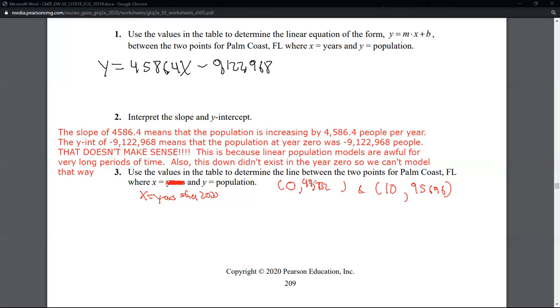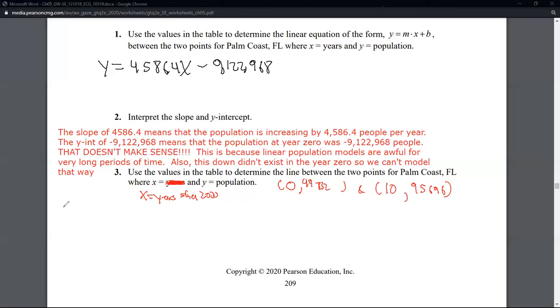I don't really want this comma here. That looks awful because of the comma for the point, and you can see why I just deleted that comma. So I just wrote these as coordinate pairs. They're literally the same thing from the table, but now the year 2000, we've turned into 0 because our model is saying, hey, 0 is now just 20 years ago, currently speaking. And the same thing for this.